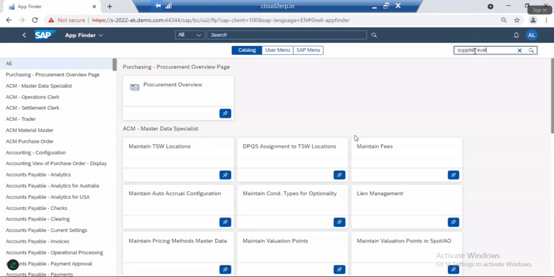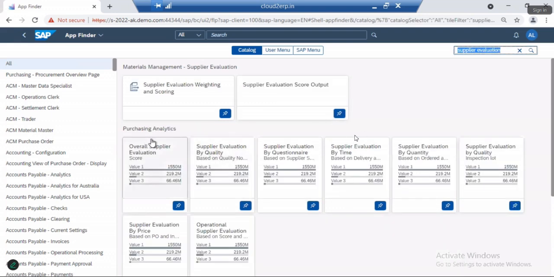I've put supplier evaluation, and so these are the results. Wherever you see analytics, analytics are nothing but your reports. You will be able to see the reports. So if you want the end user to update the score, he can update the score here, the weightage and score. If you open this app,